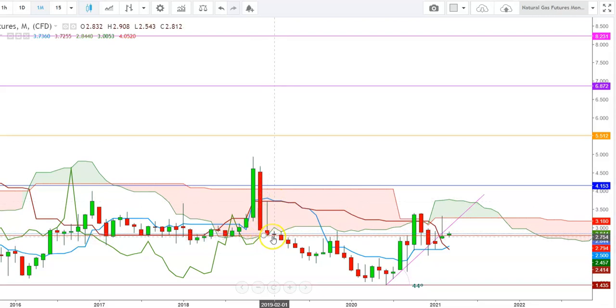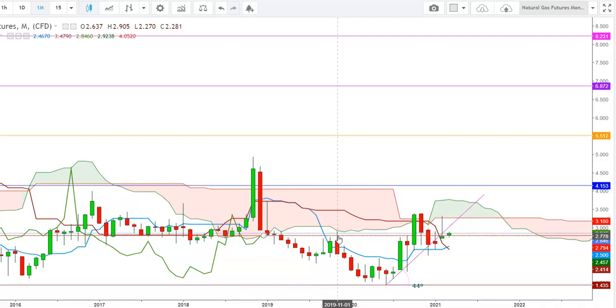And here you can see how this formation has resulted in continuation of a bearish trend in natural gas futures, when the natural gas futures finally reached the important support level of $2.794 during the month of March 2019. Since then the natural gas futures remained under heavy bearish pressure and finally tested the levels of $2 during the month of August 2019, and once again the natural gas futures tried to reach this important resistance level of